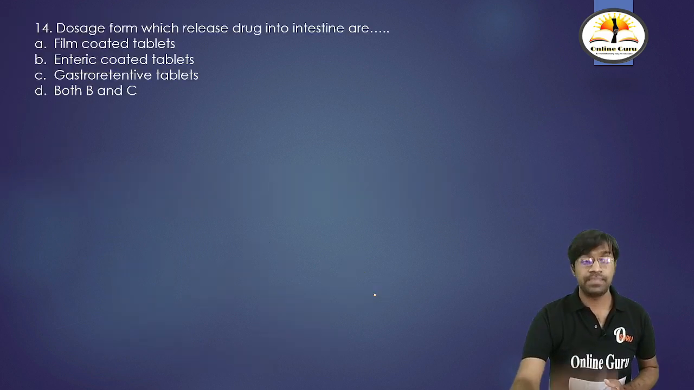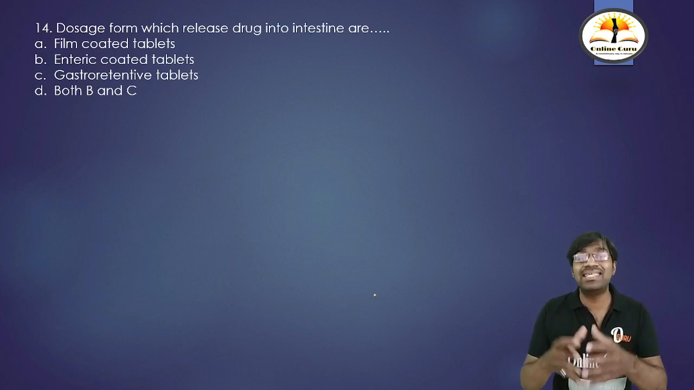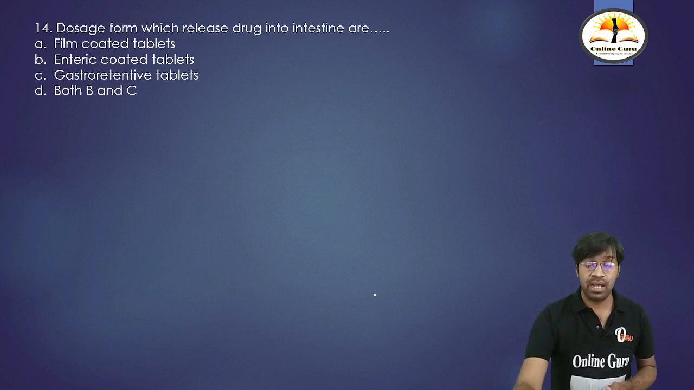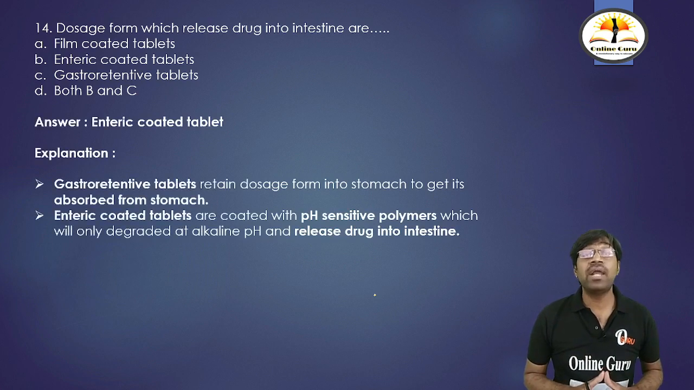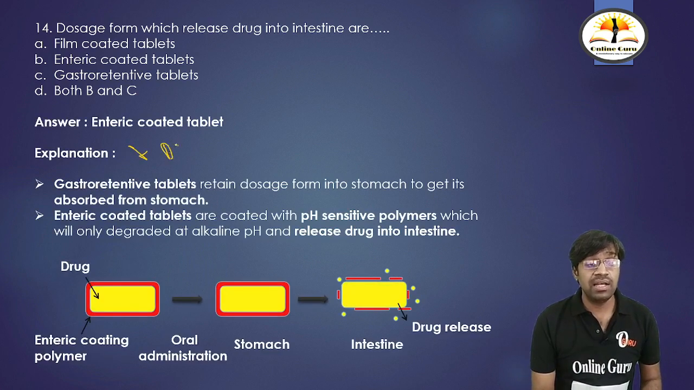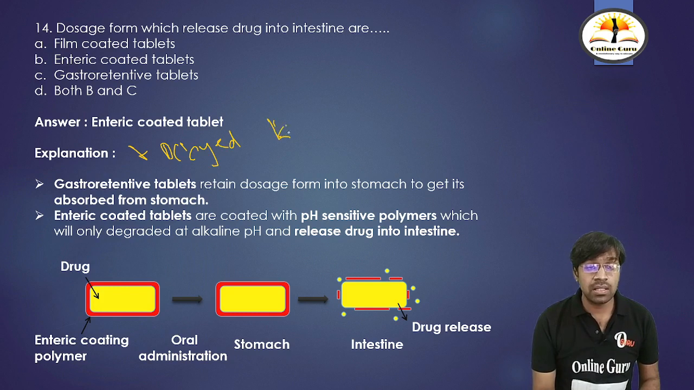Okay. Next question is 14th question. Dosage form which release drug into intestine are: A, film coated tablets; B, enteric coated tablets; C, gastroretentive tablets; D, both B and C. The correct answer is enteric coated tablet. It is also called as delayed release tablet. See here, enteric coated tablet, enteron means